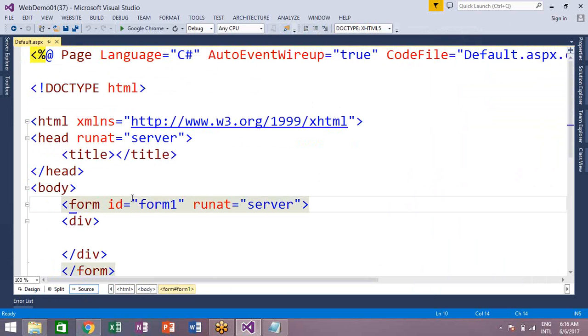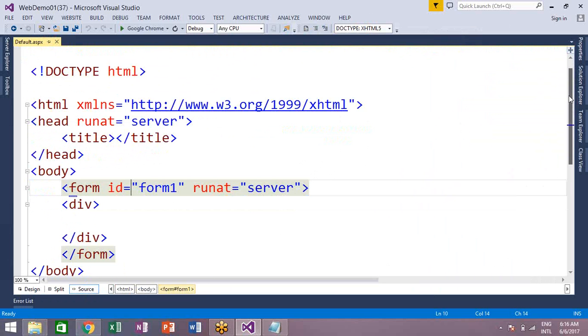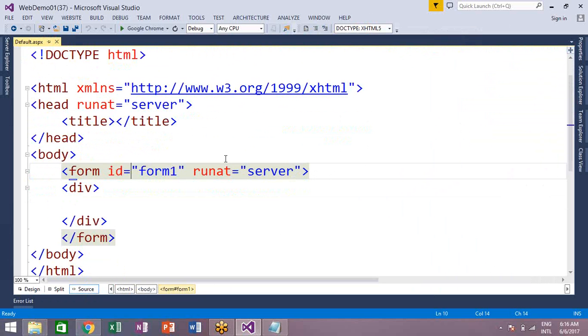Right. As I am saying, ASP.NET is a server-side technology. You can see every tag, the head tag, has a runat equal to server attribute. The form tag has a runat equal to server attribute, right? Even if you take a button or text box, every control will have a runat equal to server attribute. It resembles that the processing of that particular tag will happen only on the server. It's a server-side processing, simply indicating. So if you go to the design